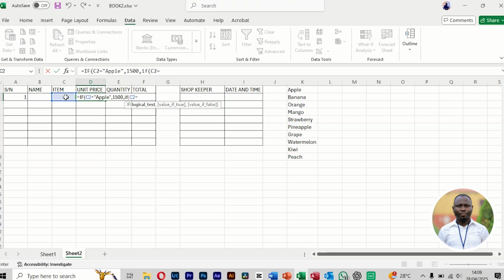open quotation, which item? Banana is number 2, banana. Make sure the spelling is correct. The exact spelling you put on the other side should be the exact spelling here. So I put banana, close quotation, comma. I put the price of banana, which is 500 each, comma, if open bracket